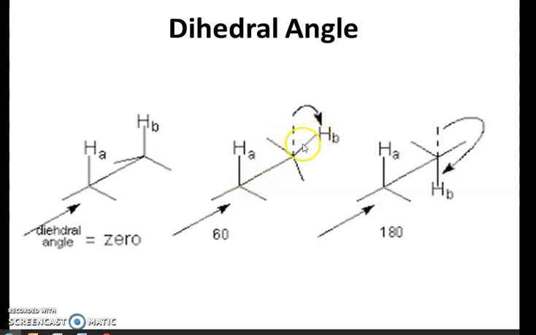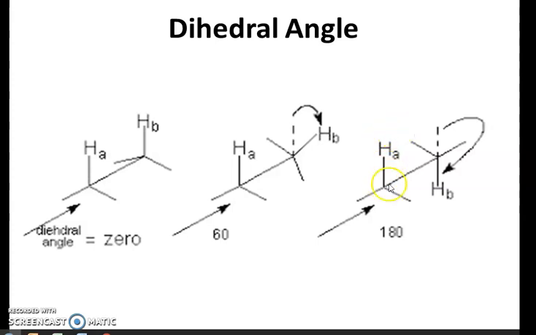Now, between these two planes there is an angle, and that angle is called the dihedral angle. Here we are interested in the angle between this bond and this bond. In this figure the dihedral angle will be 0, because the HA bond and HB bond are on the same plane, so the dihedral angle between the two planes is 0. Here, the first plane and second plane are inclined at an angle of 60 degrees. Now look at this third figure.